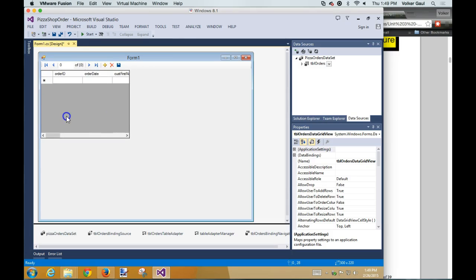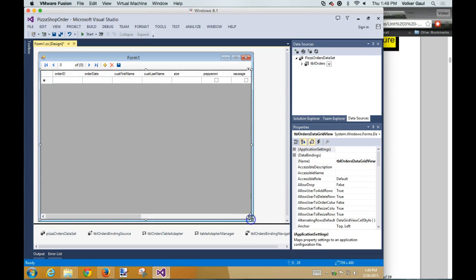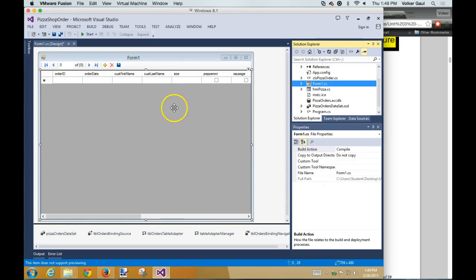And we can park this. I don't think we have to stretch it. I think it automatically stretches, but just in case, there we go. And notice it's got all my column names in it. Oh, all my field names are there already. Now, if I run this, we're going to get the pizza order form. So the next thing we're going to do is change the startup just temporarily so we can see if this